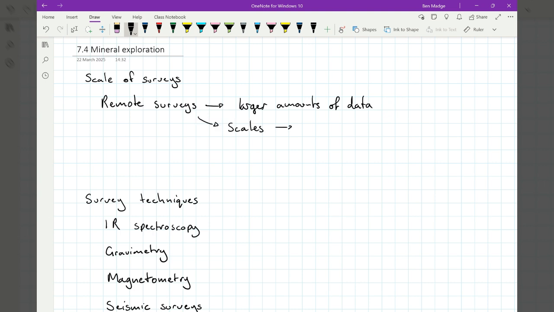So we can have satellite data, and these obviously cover the widest area. Or you could have aircraft surveys,